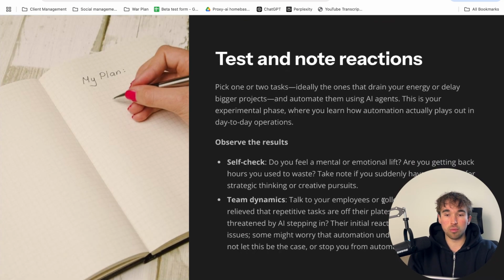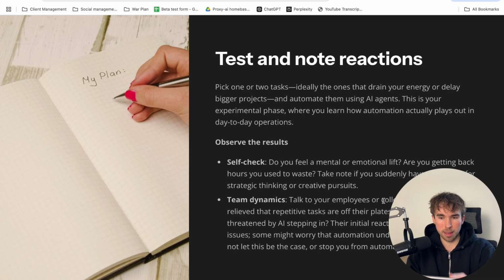Now, from your audit, but also from your first implementation, you need to note reactions. Energy draining tasks, automate them using AI agents. Experiment, learn, grow, see how it plays out in day-to-day ops.